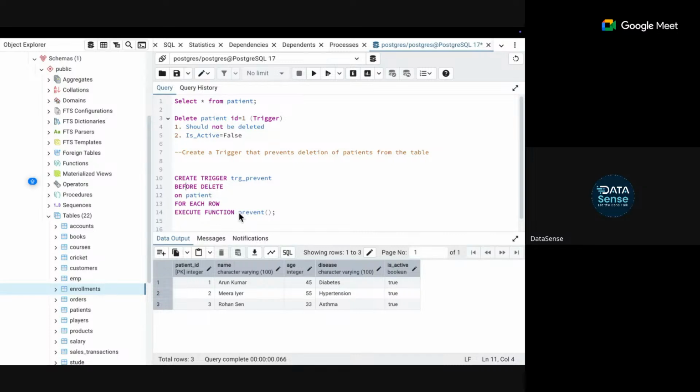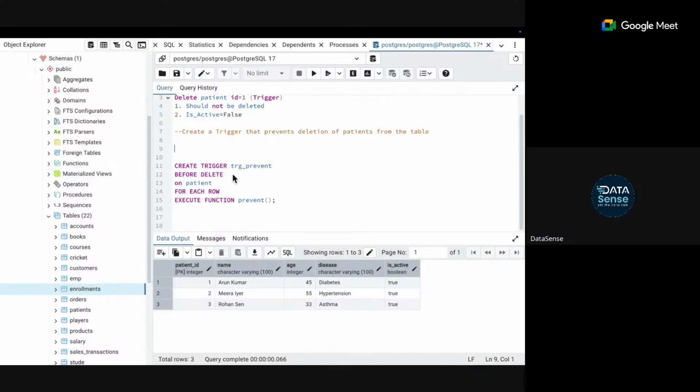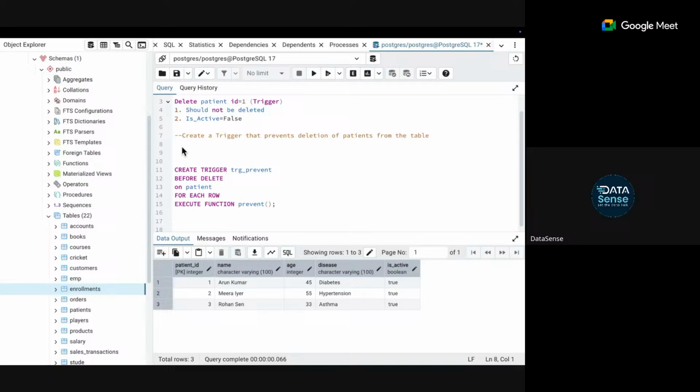So what is my next step? I need to write down this function prevent. What will actually happen in this function prevent? So let's write down create function prevent. This function, remember, this returns trigger. So I'll say returns trigger